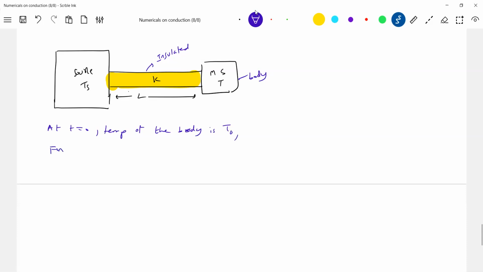Find the temperature of the body at any time T. This is our discussion. So now from where this body is getting heat, the body is getting heat through what? Through the thermal conducting rod. So what is the basic idea of this problem? The thermal conducting rod will supply heat to this particular body so that the temperature of body will increase with the time. I want that temperature.